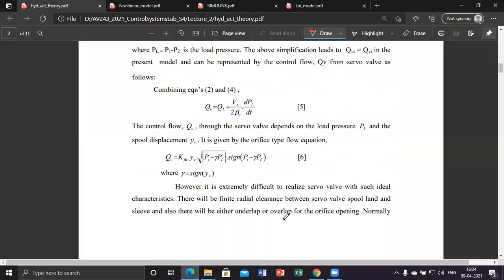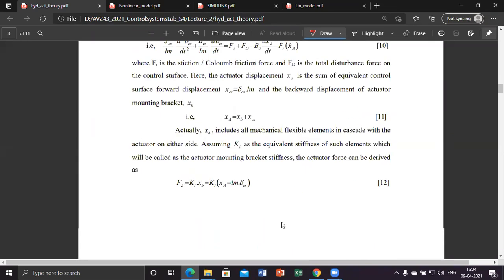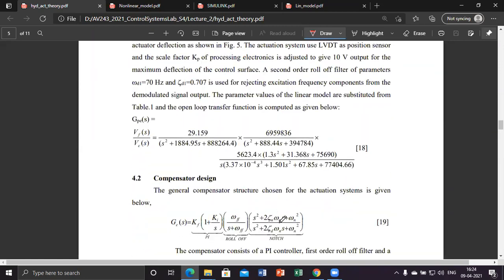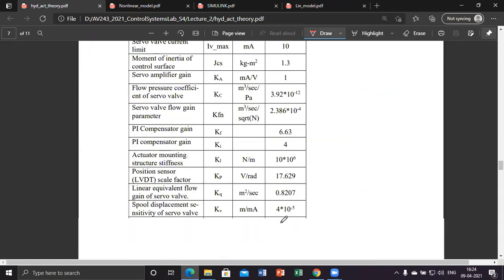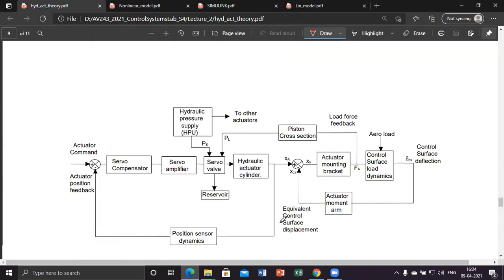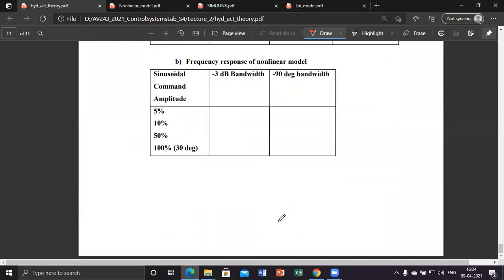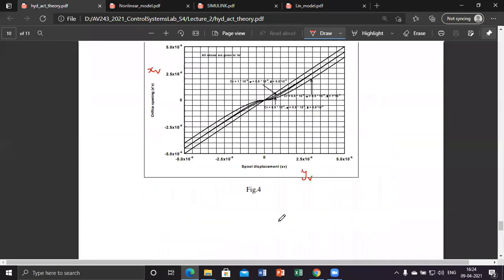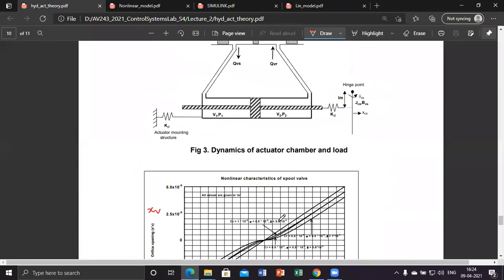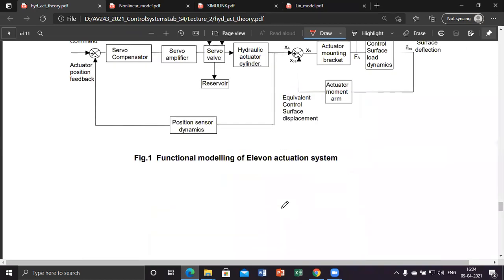No, sir, but the blocks are very big to implement. Blocks are very big, lots of connections. Okay, that's why we are giving you. We are not asking you to derive. There are two cases. One, giving the problem and asking you to develop. Another is we are giving you the blocks, asking you to redo it and understand it.